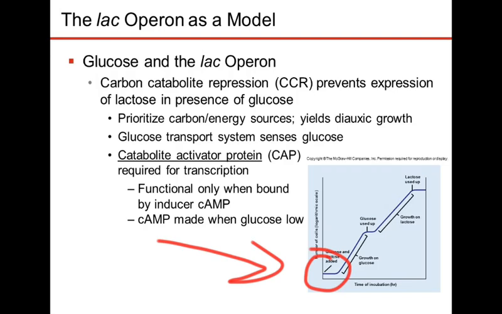I heard a yes and I heard a no. If it's yes, why would it be bound? If it's no, why would it be bound? Because there's no lactose being produced and there's no cyclic AMP either. How do we get allolactose produced? It happens spontaneously whenever there's lactose in the environment. Some of it gets converted to allolactose. So in this first case that I've got circled, would there be allolactose? Yes. There should be allolactose, right? Because there is lactose. And so would the repressor be bound? No. The repressor would not be bound because there's allolactose. It's going to kick the repressor protein off of that operator sequence.